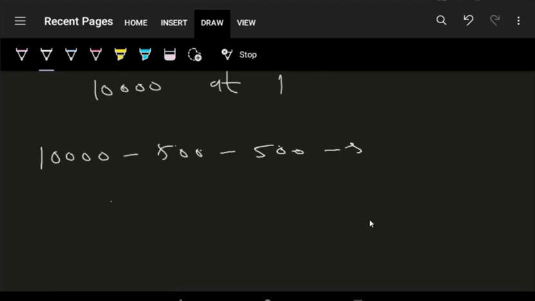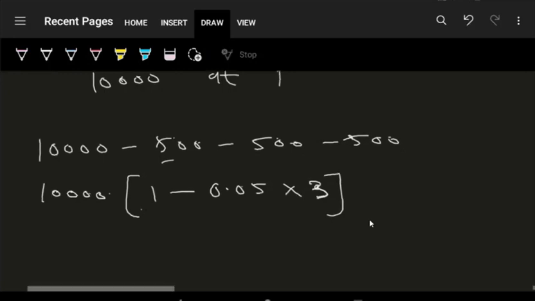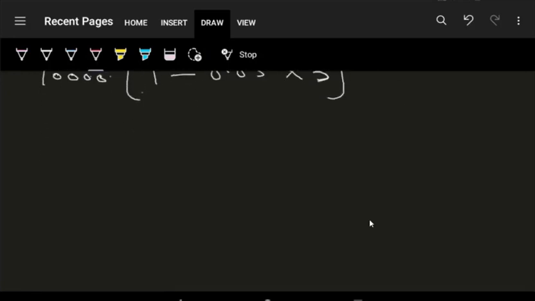and we will subtract 500 3 times, taking 10,000 common. We will be left with 1 minus 500 upon 10,000, which is 0.05, that is my actual type 2 rate, into 3, since there are 3 years. So in general, you can calculate directly the present value at time 0. You can call it a present value, you can call it discounted value. So the general formula for that,